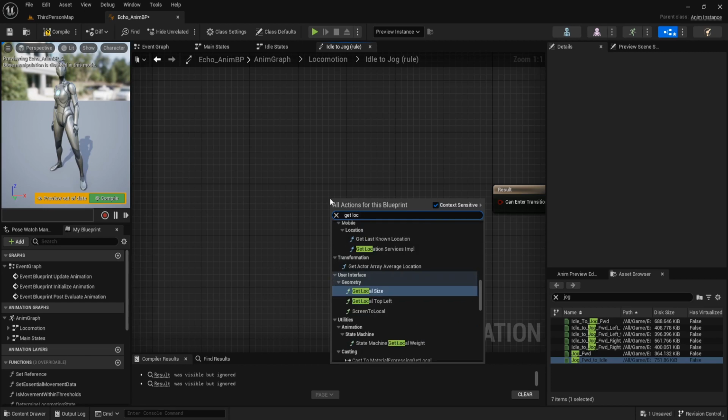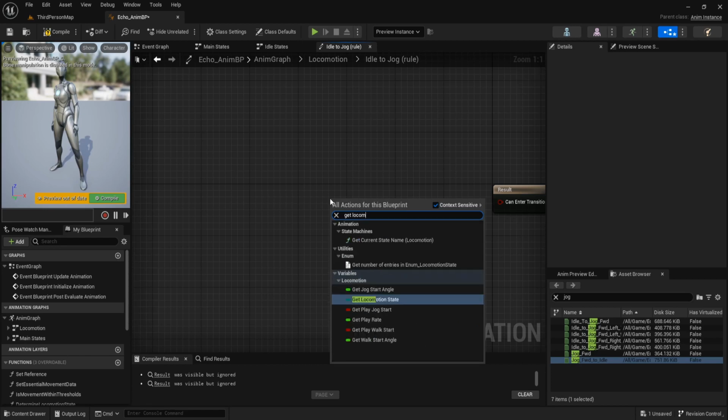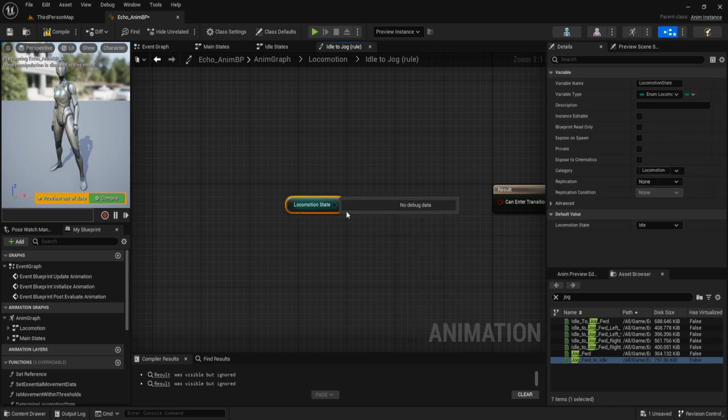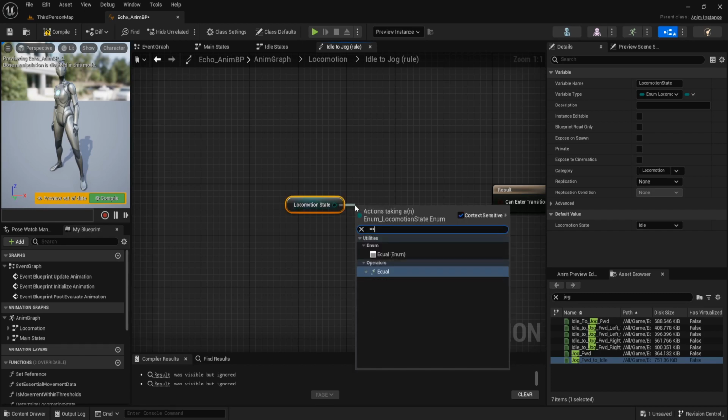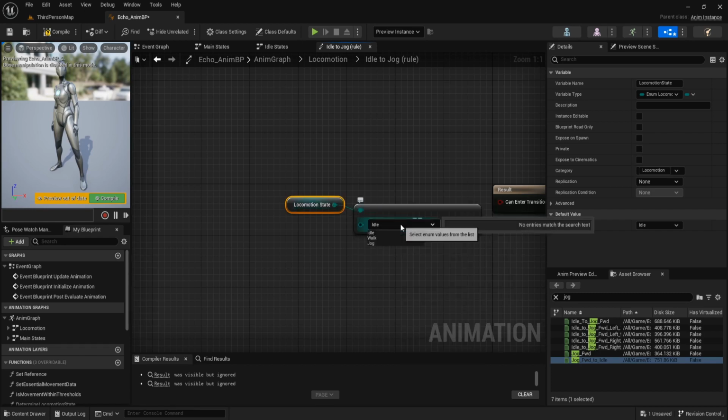Get locomotion state, if it equal to jog.